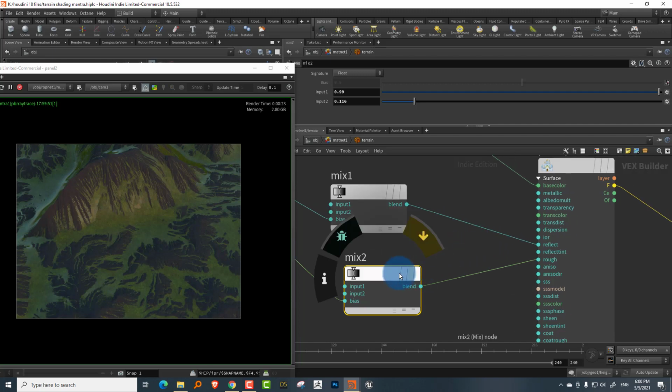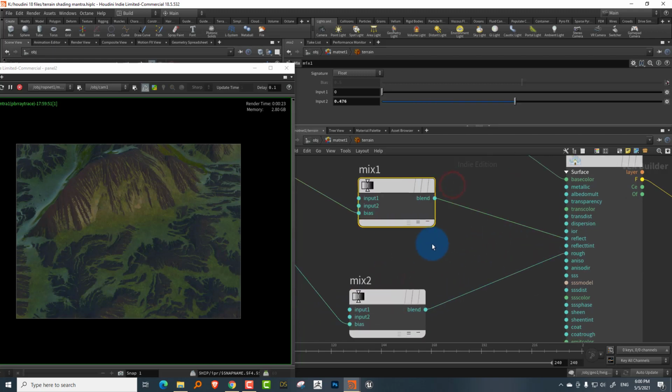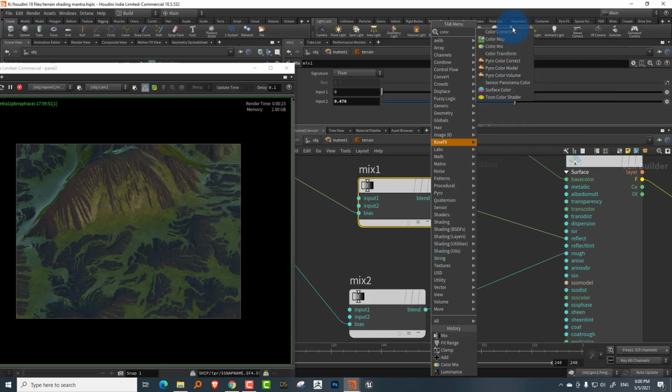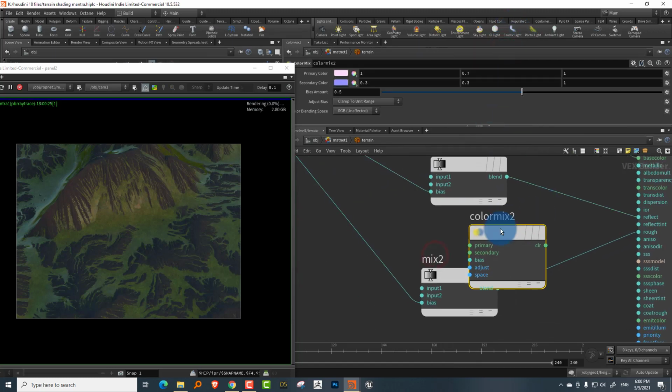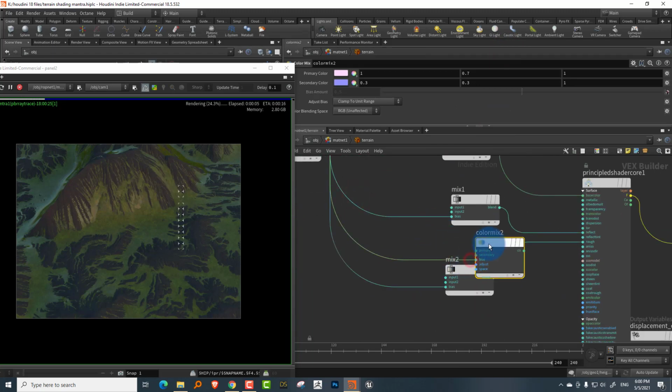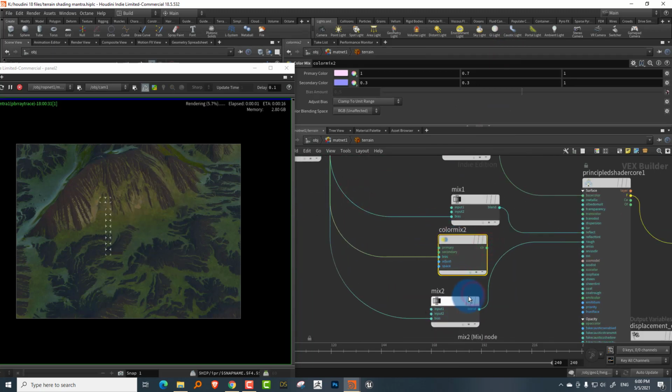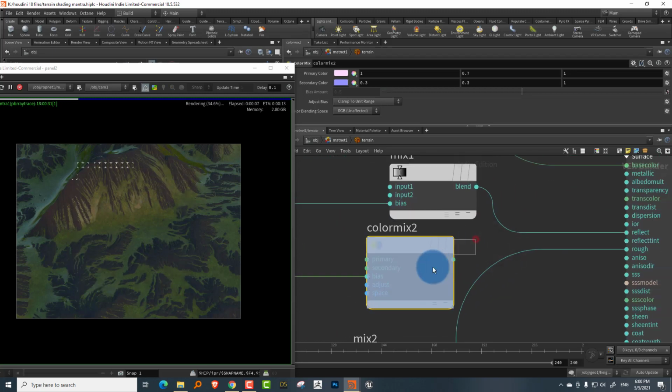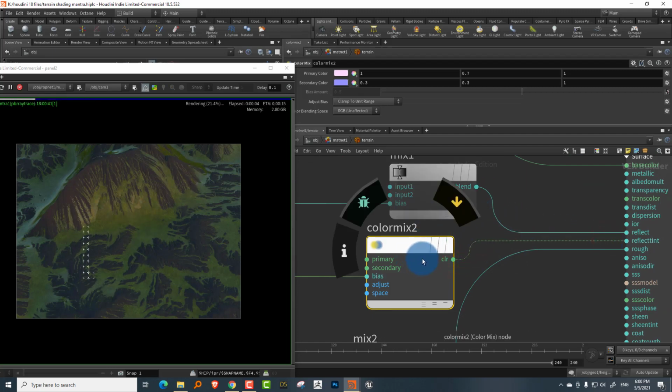If you want, there is a reflection tint option as well. So I can probably take a color mix and let's see if we can control that. If you want to change the node type, press Shift S. So Shift S gives you different options. Let's see how this works. I've never really tried this, but let's plug that into reflection tint. Actually, no, it just requires a grayscale value. Okay, forget it. It's not important.